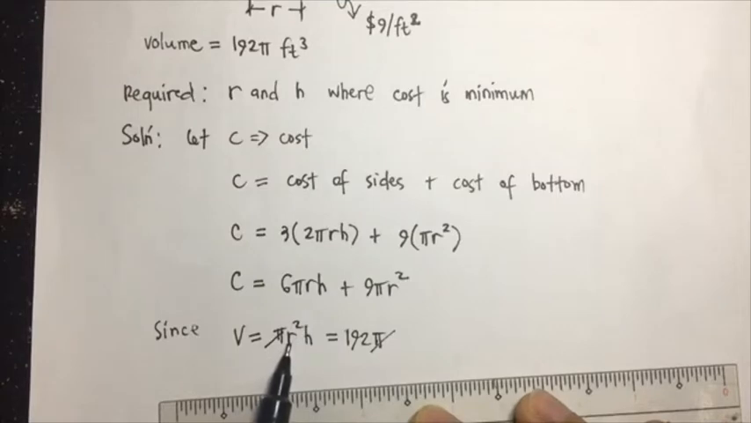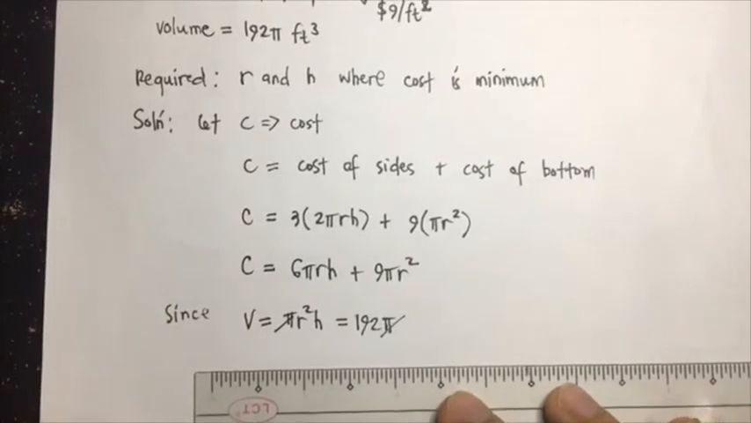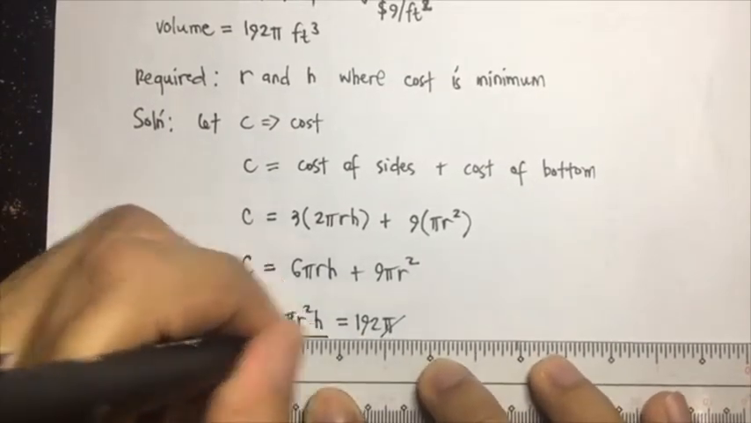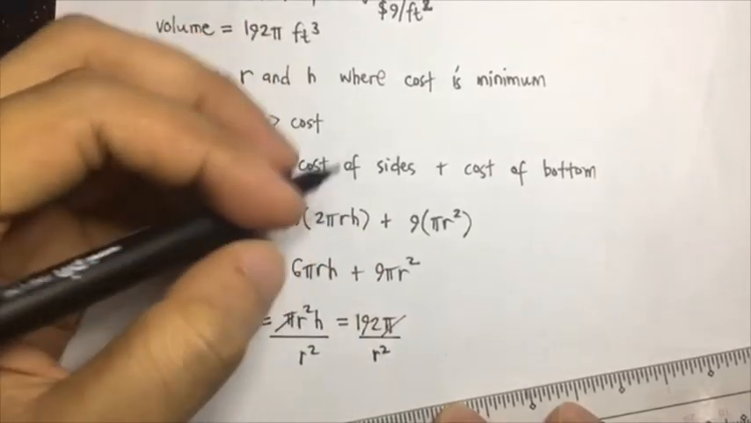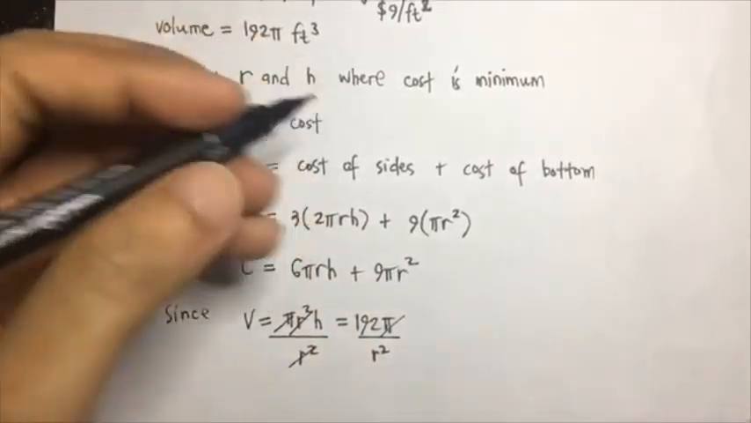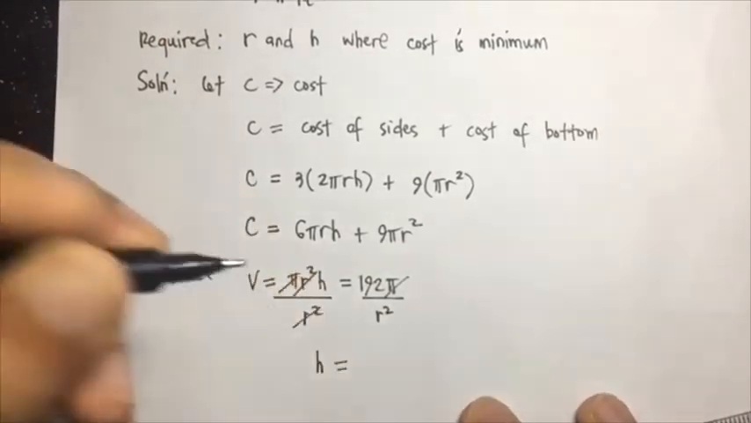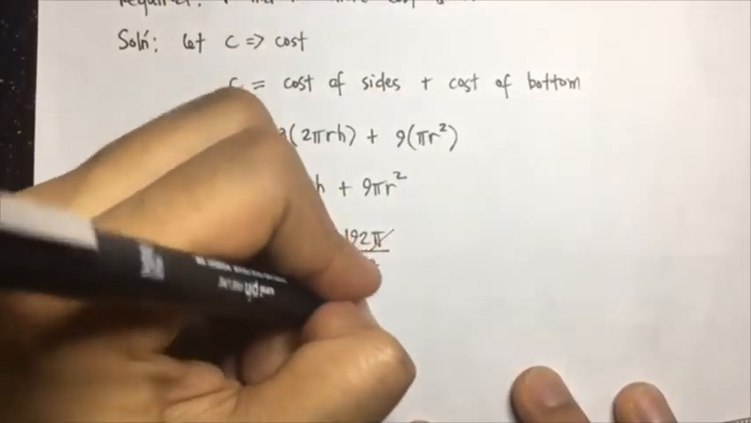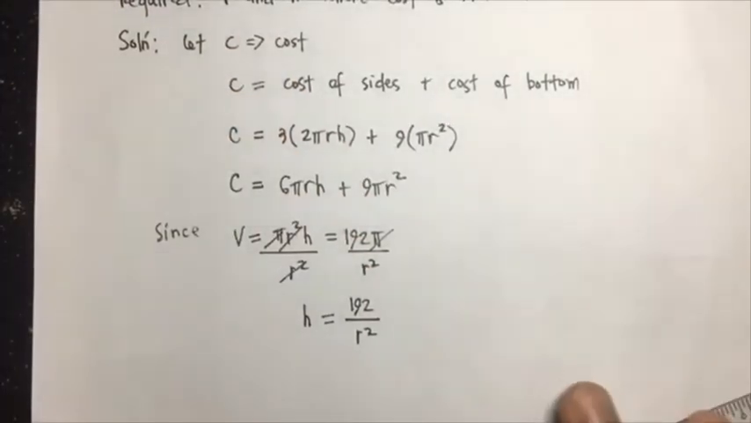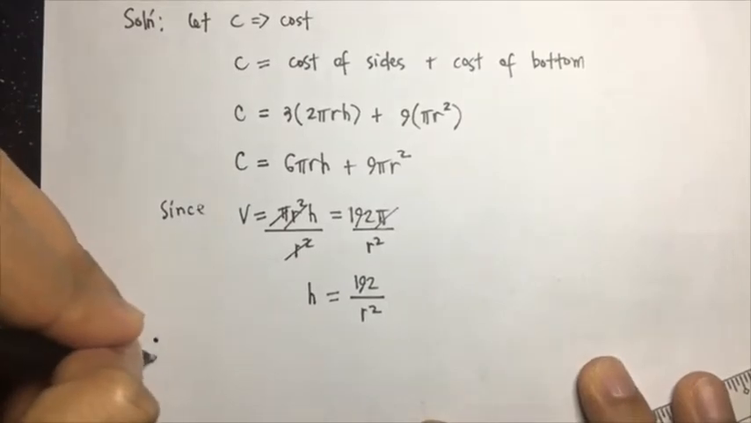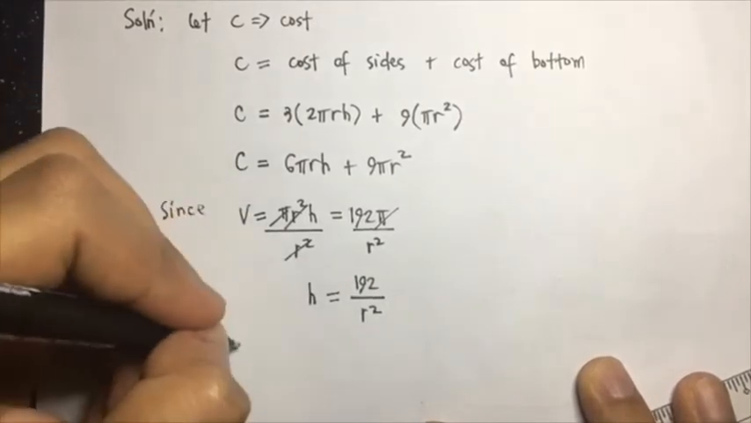Okay, because if we use r squared, then it will involve radicals, so our function will be a little bit complicated. So we just use h, dividing both sides by r squared. The r squared will be cancelled, so therefore h is equal to 192 over r squared. Okay, so therefore our cost function will now become